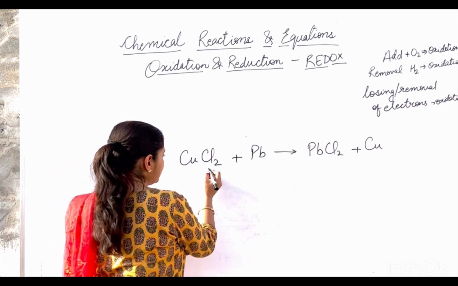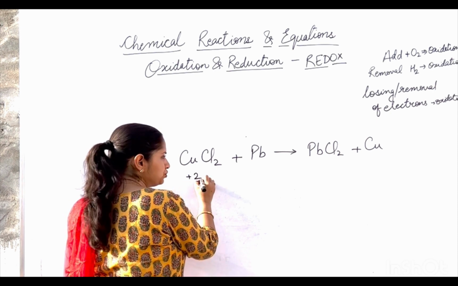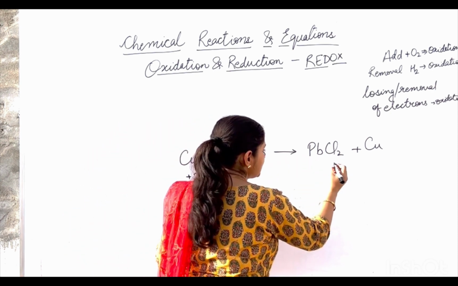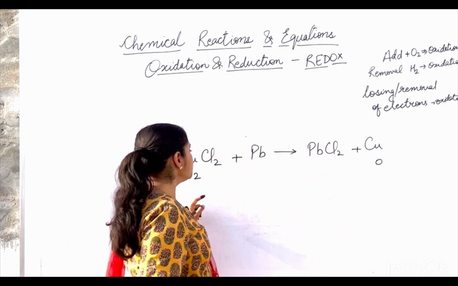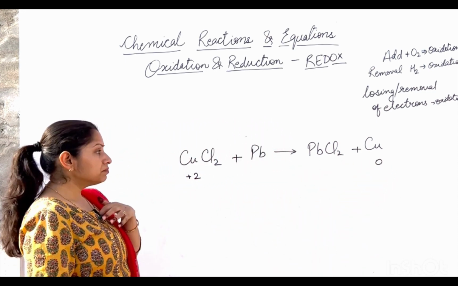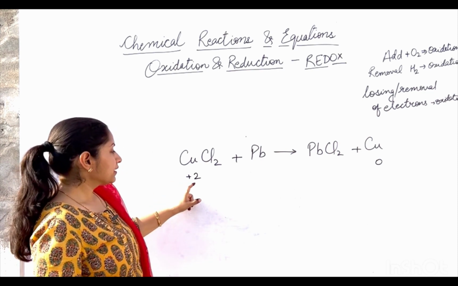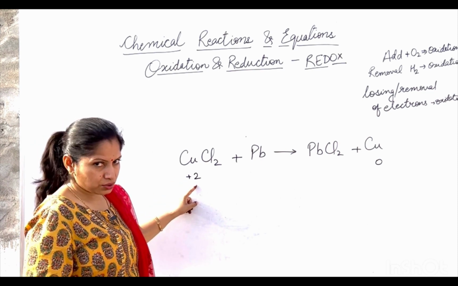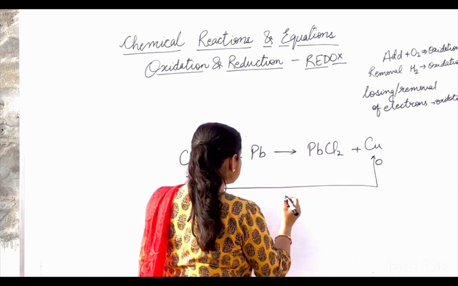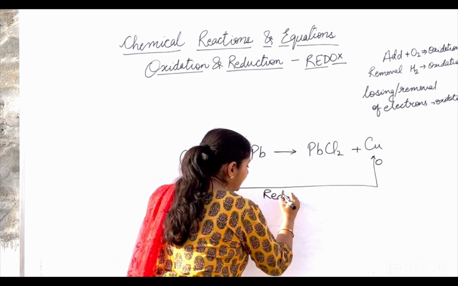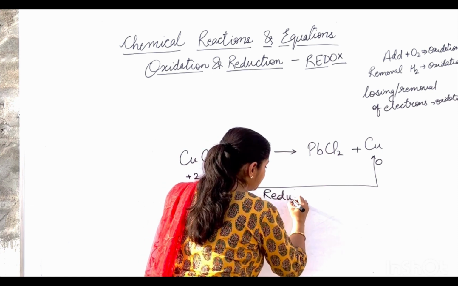Since copper is here having plus 2 charge and here copper is having 0 charge, means copper must have gained 2 electrons. So gaining of electrons is reduction, gaining of negativity is reduction,